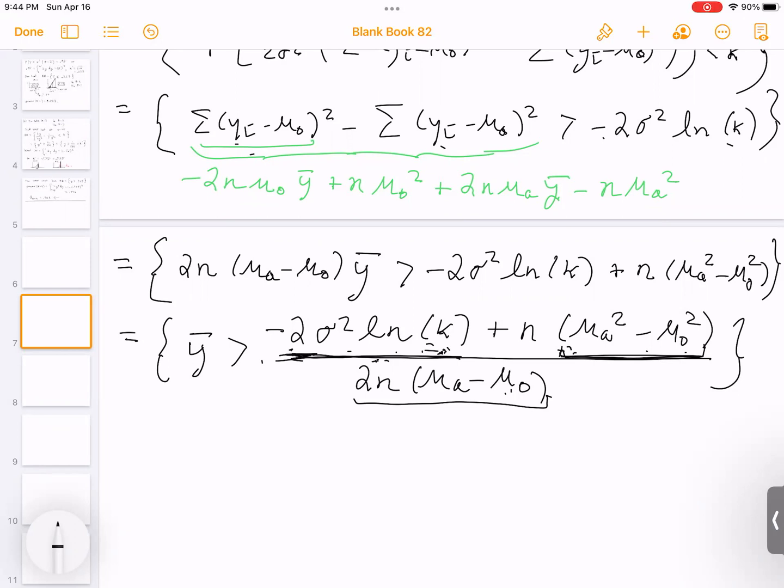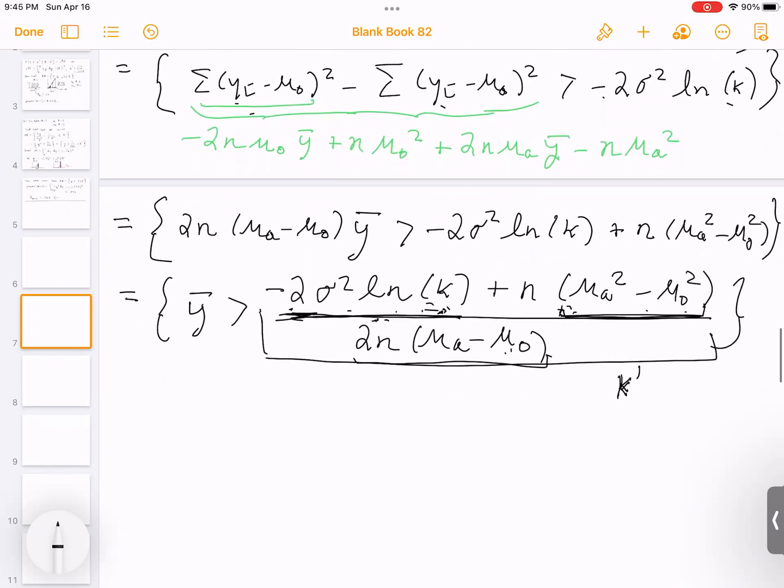So we're fixing alpha, right? We've fixed alpha already. We've said it's 0.05, right? And we want to be able to set this to ensure that alpha is 0.05, right? So let's call this k prime for now. We'll go back and look and see that this is okay to do. Okay, so the probability that y bar is greater than k prime, we want this to equal,